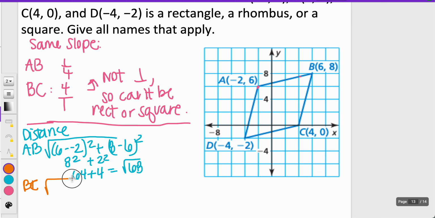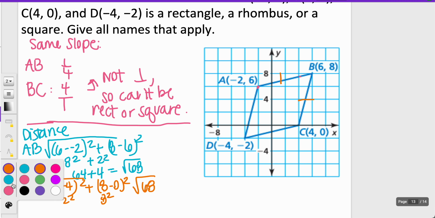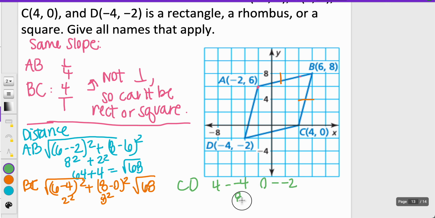Let's start again with BC. BC, I'm going to do 6 minus 4 for my x's and 8 minus 0 for my y's. 2 squared, 8 squared. Again, I'm seeing 2 squared and 8 squared, so I know that's going to be the square root of 68. So far so good. So AB and BC are matching. Then I would check that with CD. I'm going to do 4 minus negative 4 and 0 minus negative 2. Again, I'm going to get 8 and 2 squared, which will be 64 and 4, which again, square root of 68. And then my final piece, AD,